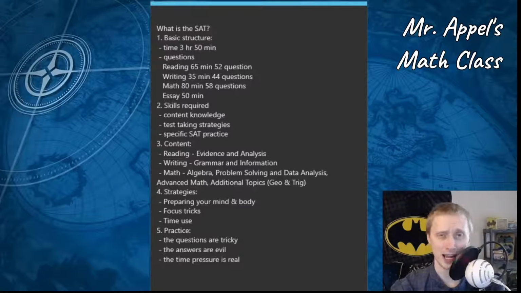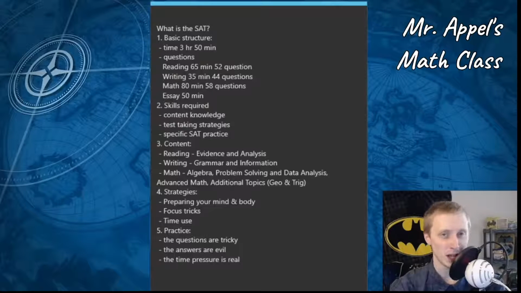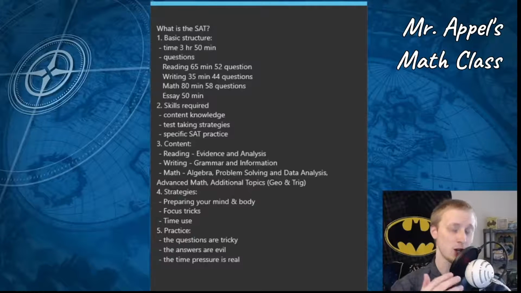And then another category of math question they call advanced math, and this is where you'll find more of the Algebra 2 level, dealing with beyond linear and parabolic functions. So you might find a higher order polynomial, something about an exponential, maybe a trig identity or two could be lumped into this category. And then finally, the official SAT material slaps on an additional math topics section, and this